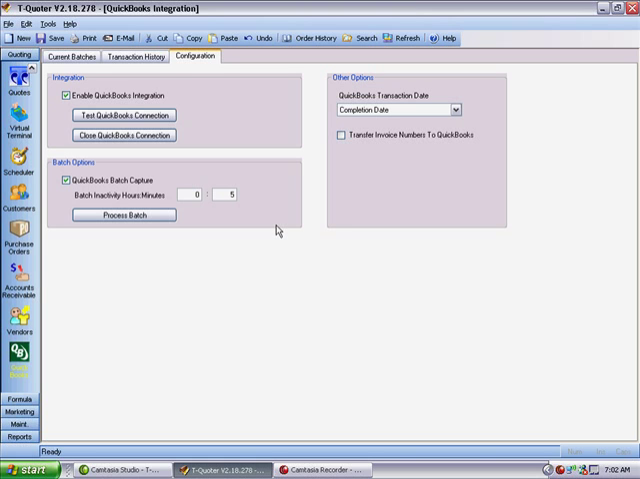Now the T-Quoter is integrated with QuickBooks. You'll see down here that you want to make sure that your batch capture is selected, and the batch inactivity minutes and hours is actually 5 minutes by default. You could change that to 15 minutes, 30 minutes, 2 hours, whatever you would like. The batch capture feature basically allows you to set how long the T-Quoter will wait before it actually checks the T-Quoter database for anything new that would need to be passed